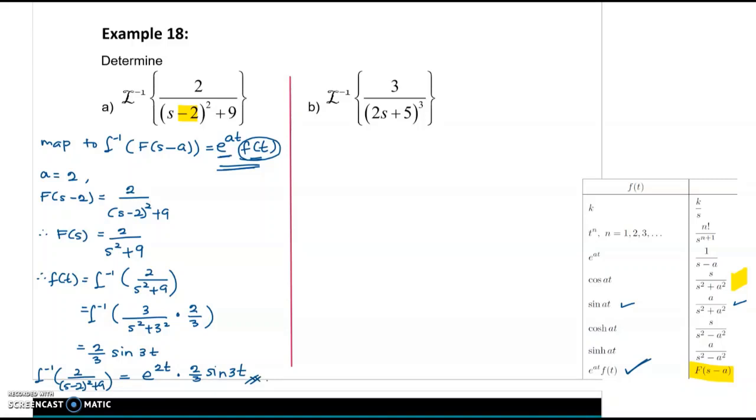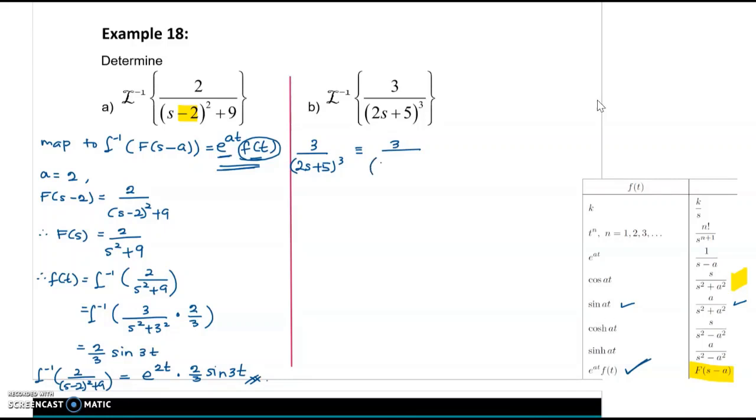Okay, so for problem B, you have 3 over (2s plus 5) to the power of 3. If we refer to the table, none of the expressions on the right hand side is similar to what we have here, in the sense that in each expression the coefficient of s is 1, whereas in your problem you have 2s. So our first task is to manipulate the expression. We'll try to make the coefficient of s equal to 1, meaning that we need to take out the 2. So if we rewrite 3 over (2s plus 5) to the power of 3, if we take out 2,